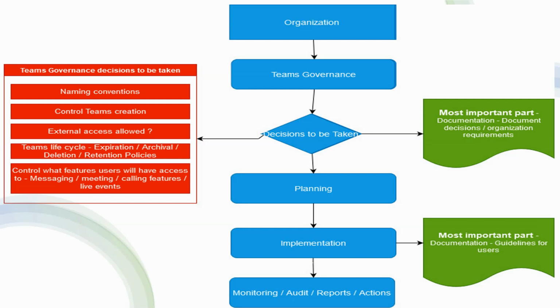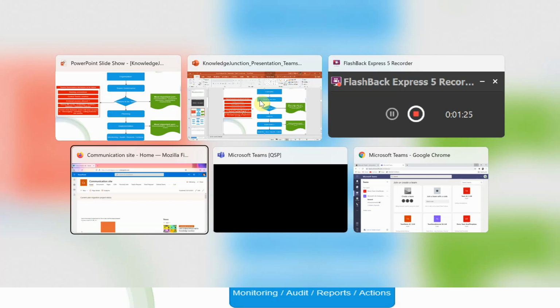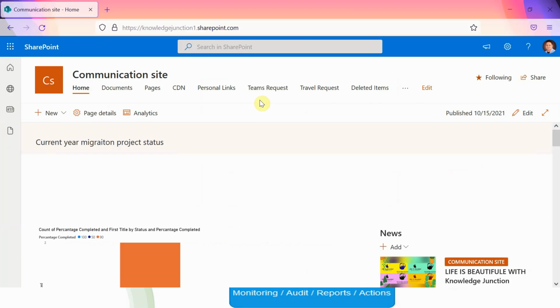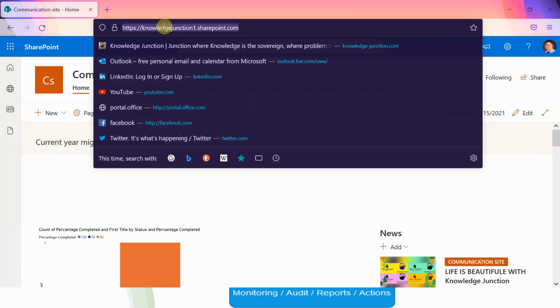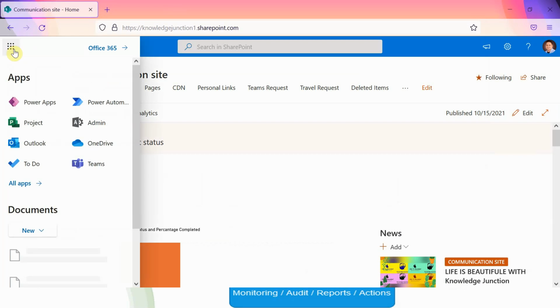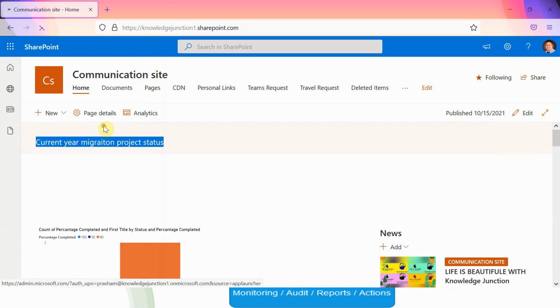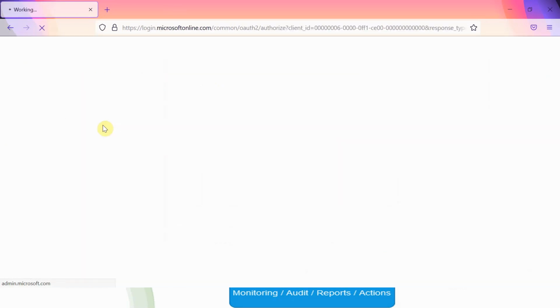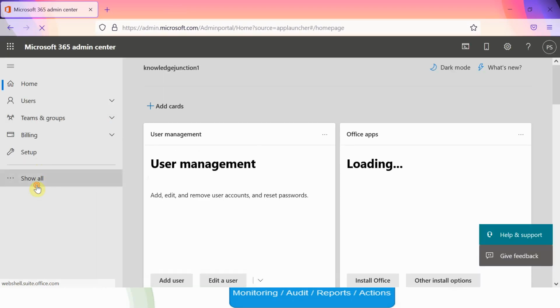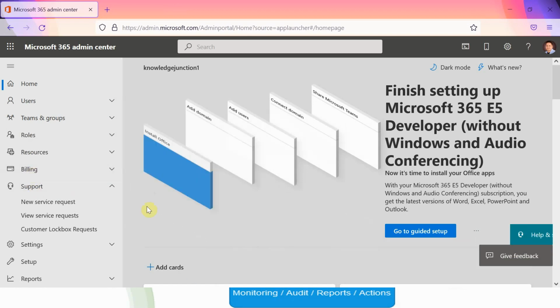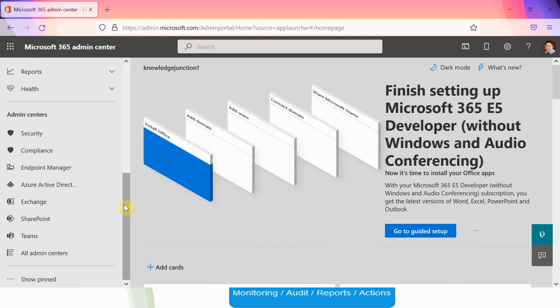So let's discuss. I'll go to my Office 365 tenant. This is my local tenant, knowledgejunction1.sharepoint1.com. Let's move to the admin center. Naming conventions for the teams, or the Office 365 groups, can be set through the Azure Active Directory Admin Center.